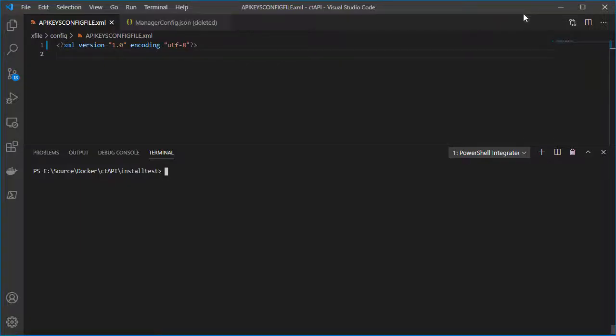Okay, Catalina's been doing several PowerShell scripts for being able to do installations of Catalina's API for Dynamics SL, as well as doing management. That way you can embed this into other tools, into installation systems, or whatever, to be able to do command line capabilities without having to know much about what's going on in the actual configuration files. So in this one, I'm going to show you how to manage API keys,